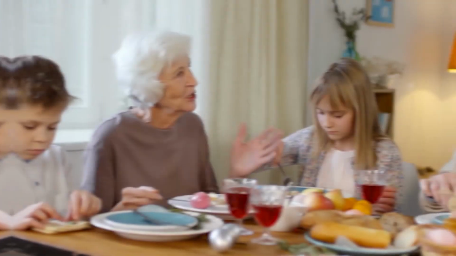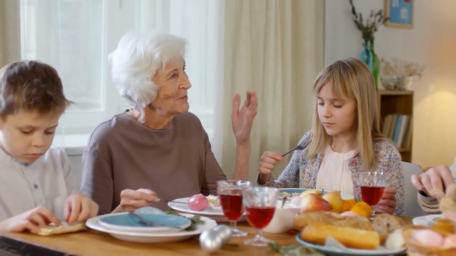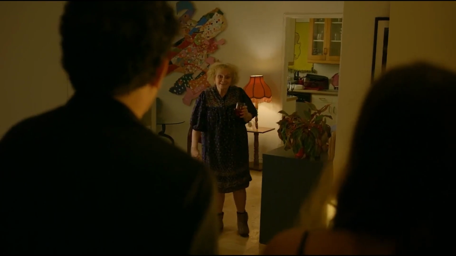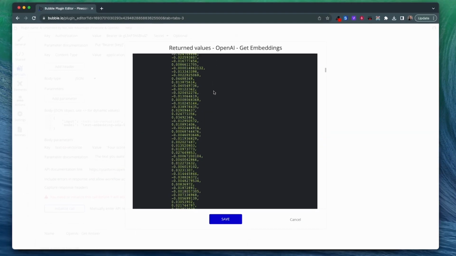For example, if I type the phrase, "Let's eat, Grandma," it means I'm excited to share a nice meal with someone I love. But if I type the phrase, "Let's eat Grandma," it means I'm a cannibalistic psychopath and my grandma probably should lock her doors. Hi, Grandma. Now, if I feed phrase 1 into a vector embedding API, it will spit out a set of numbers that represent that meaning. And if I feed phrase 2 into a vector embedding API, it should spit out a different set of numbers